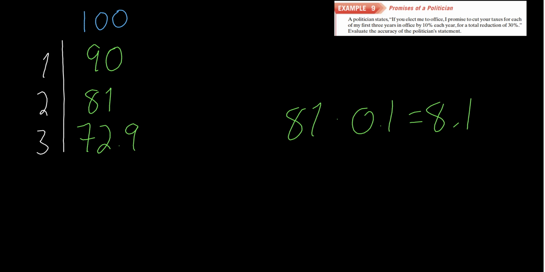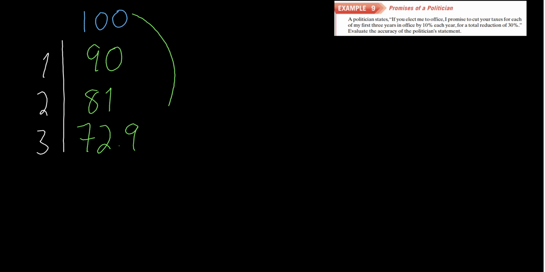Okay, and of course these are all dollars. So after a third year, my taxes are going from paying $100 down to 72.9, which is pretty substantial. All right, it's a pretty substantial decrease, but going from 100 down to 72.9 is actually only a